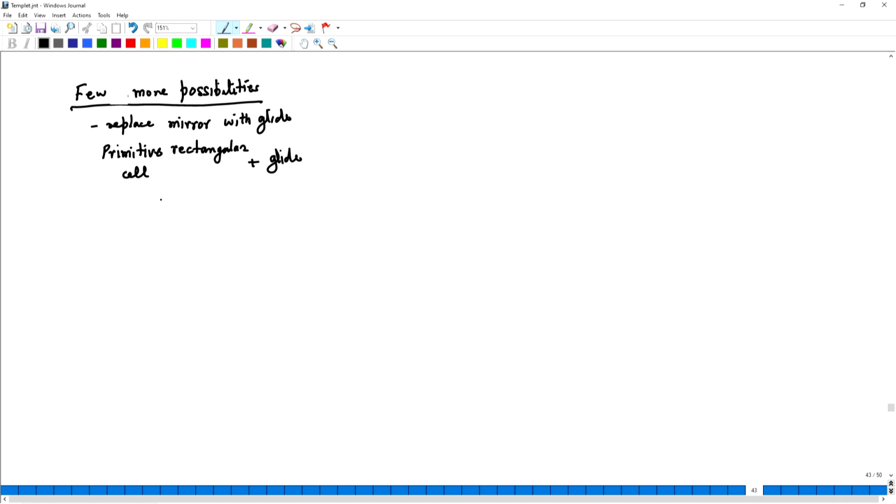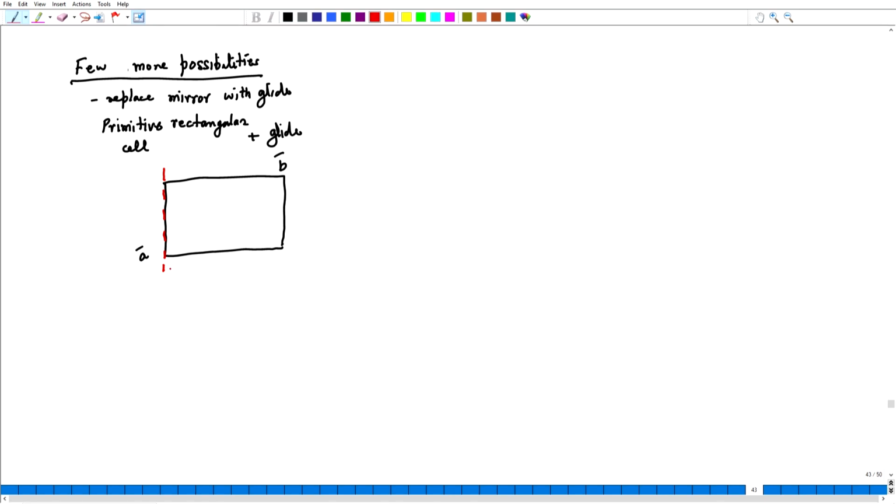So, let us say this is my primitive rectangular net, and instead of putting a mirror along the cell edge, I can add a glide along this edge. The lattice translation B will take this glide plane to the other cell edge.